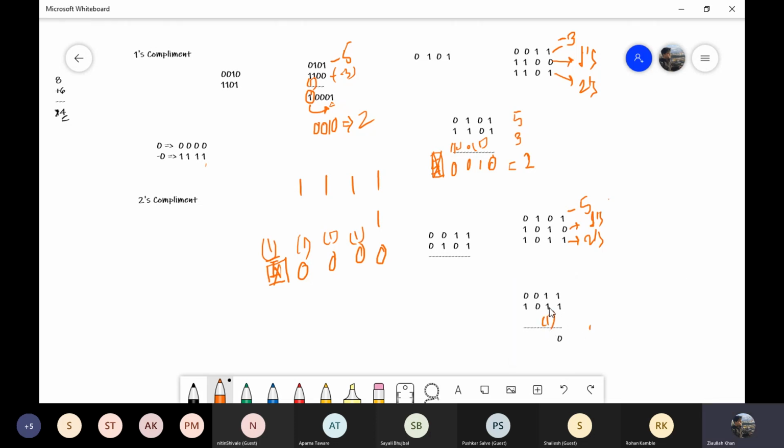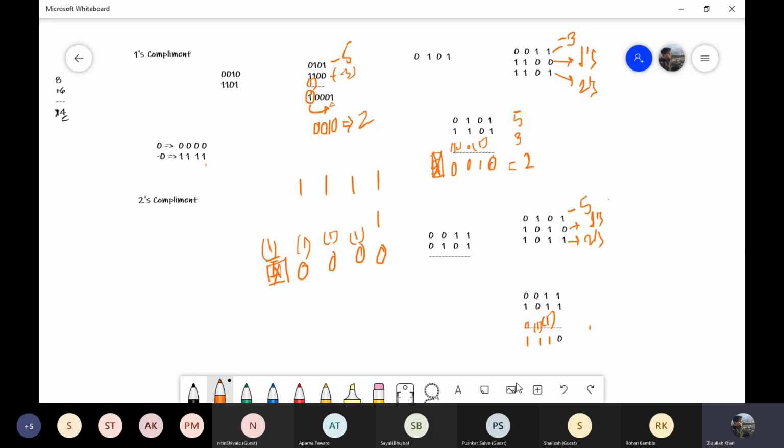Now we have 3 ones, 1, 1, and 1. If you sit long enough and try it, you're going to find out that it is 11. So it's going to give an output of 1, and it is going to give 1 carry. Now it is 0, 0, and 1. So it is going to be 1 here and no carry this time. And then this is going to be